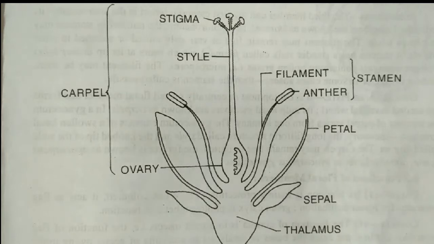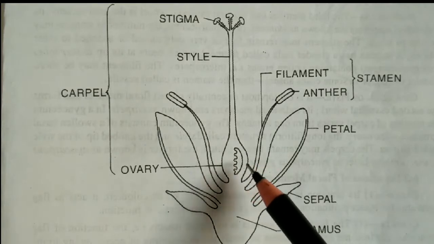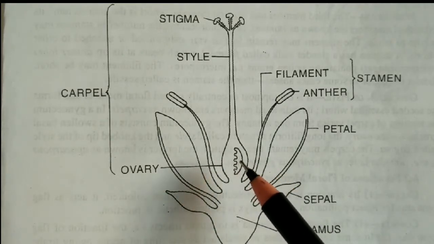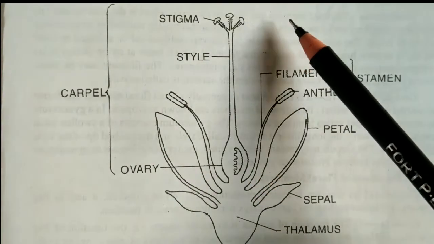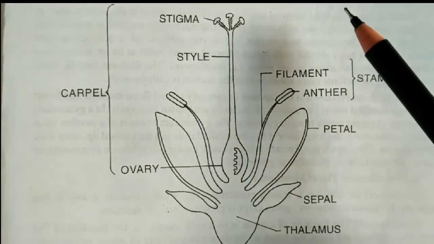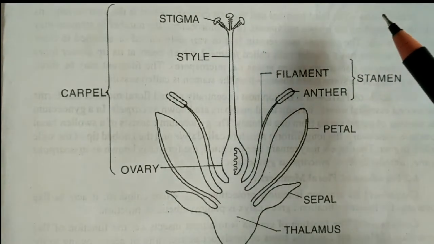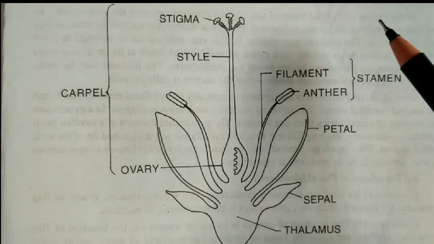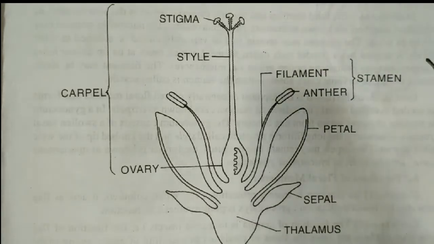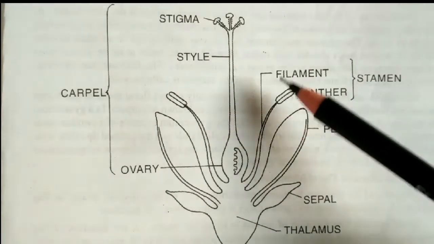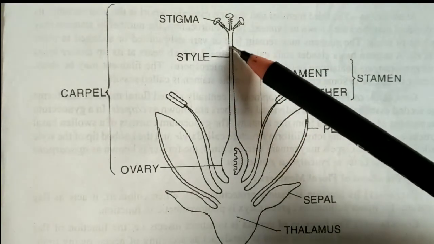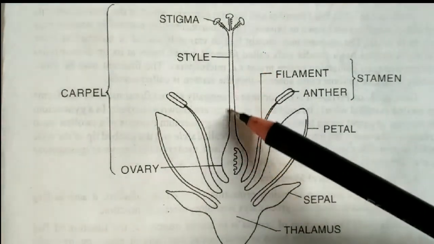Now what is compatible pollen? Those which are capable of fertilizing the ova, which are present in the ovary, are known as compatible pollen. So after identification of the compatible pollen, starch and humidity of the stigma cause germination, which means they allow the pollen to enter into the style.